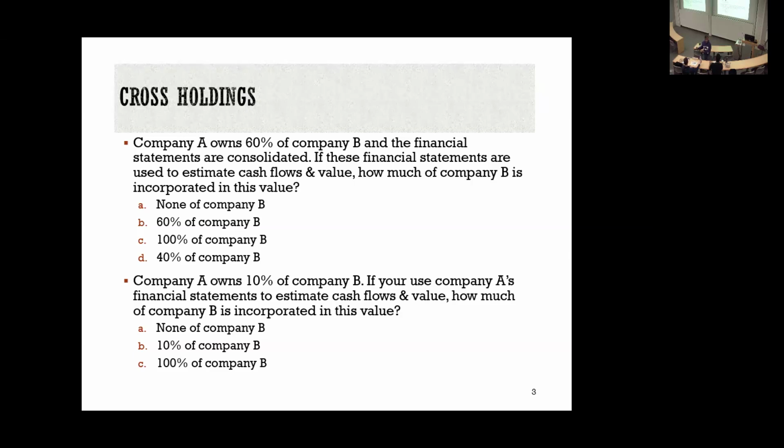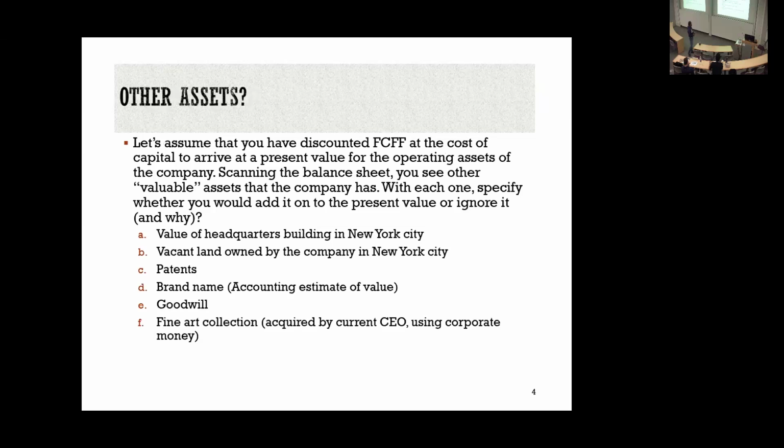You're valuing Microsoft. I don't think your OpenAI position is consolidated. That's a big chunk you're leaving on the table because it's not consolidated. So already you can see with cross holdings why this is going to be messy, right? Sometimes you overcount, sometimes you don't count it at all, and you've got to bring it all in.